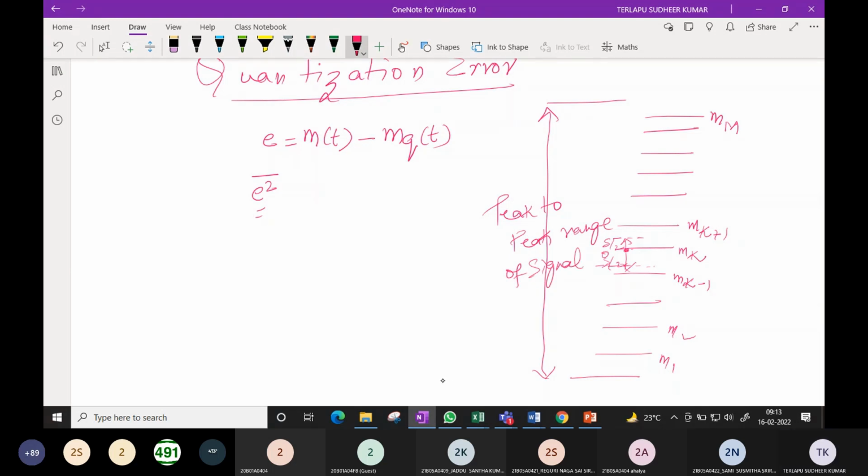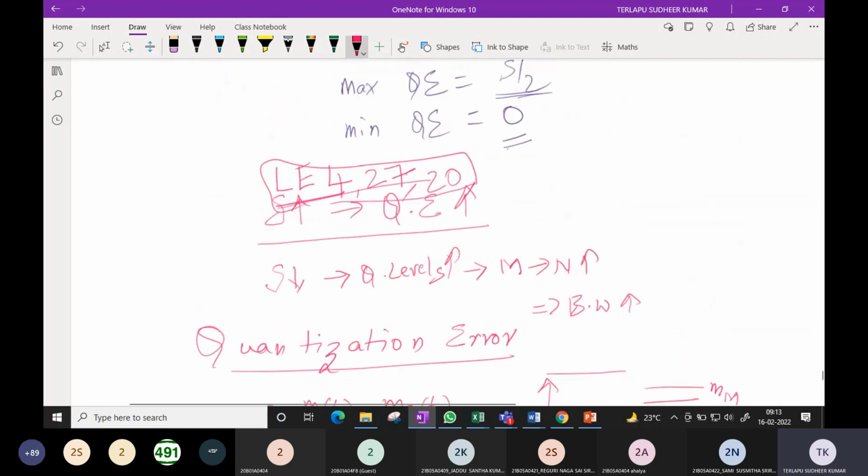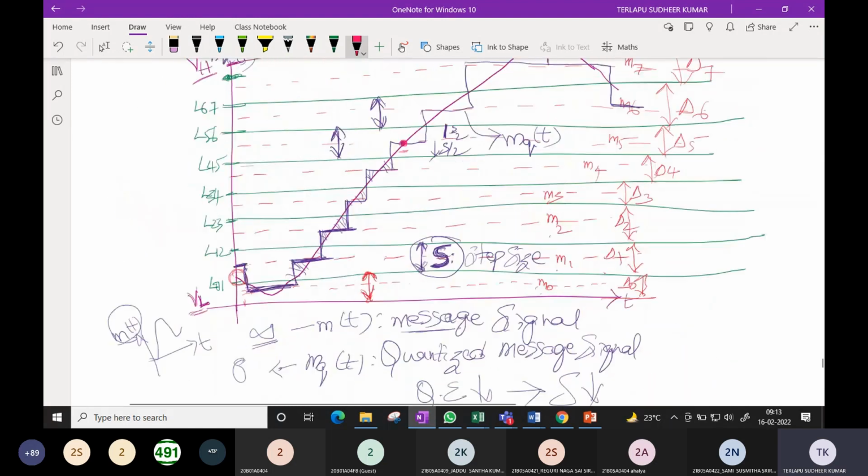Now you take any quantization level. With respect to that quantization level, the signal may have a deviation of either plus S by 2 or minus S by 2. In the previous case, if you observe carefully, the linear increase of the signal,